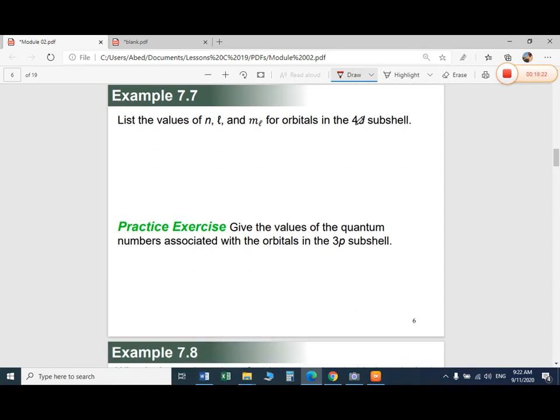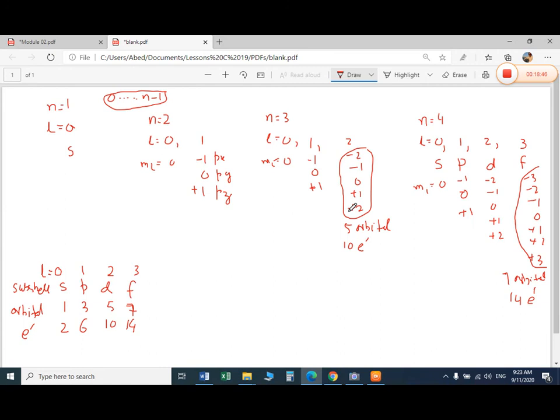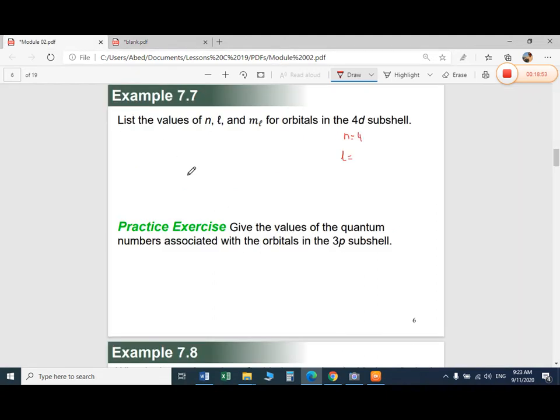So this 4D, 4 is the principal quantum number. The question asks, n is equal to how much? So n is simple, n is equal to 4. Whenever you see a number before the alphabet, that is the n. And the D, how much is the D? L is equal to D. Let me show you again to remind you. D means L is equal to 2. This is the 2 here. So L is equal to 2. You have to memorize this. I am showing you this time, but next time I will not show you. Just write the answer. So L is equal to 2.